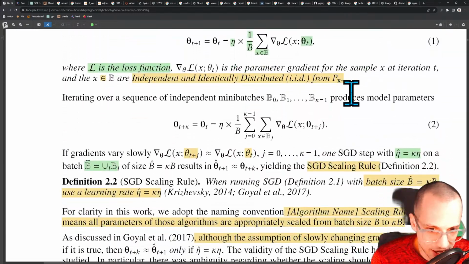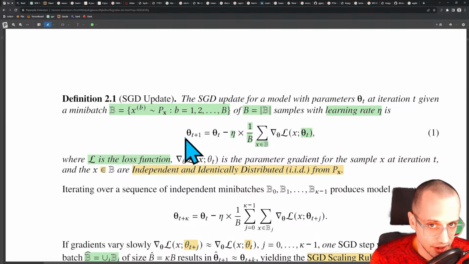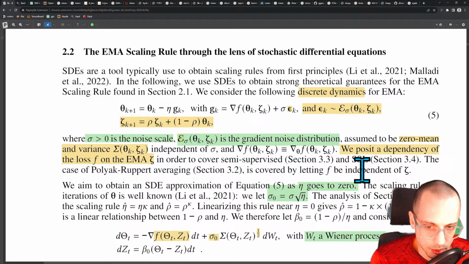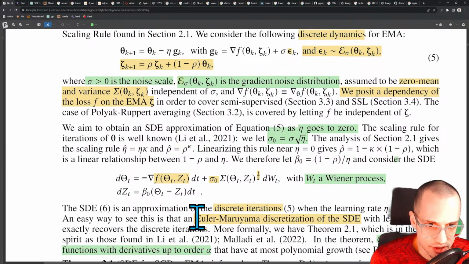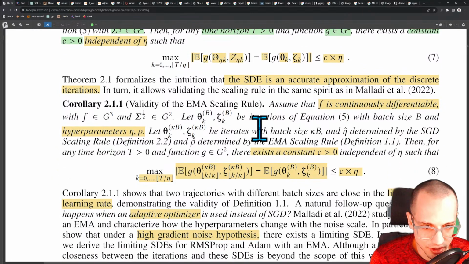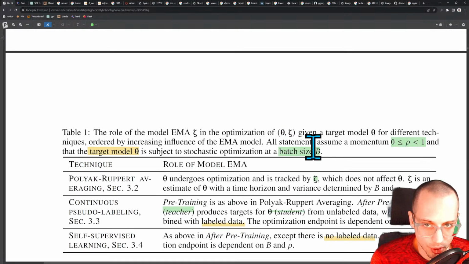They go through all this math proof to show that the gradient updates, the discretized gradient steps that you take when you're performing training with a neural net, can be seen as stochastic differential equations. And if you can think of them as stochastic differential equations, that means you can apply these solutions crafted by ancient people in the math department, and those solutions basically lead you to the point where you can say,